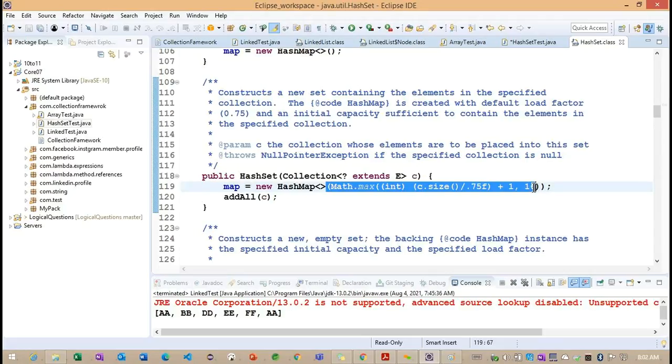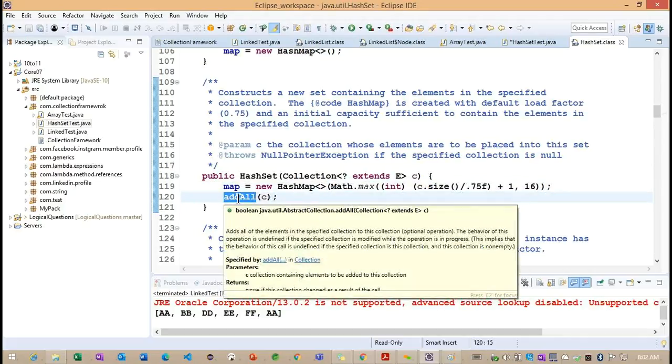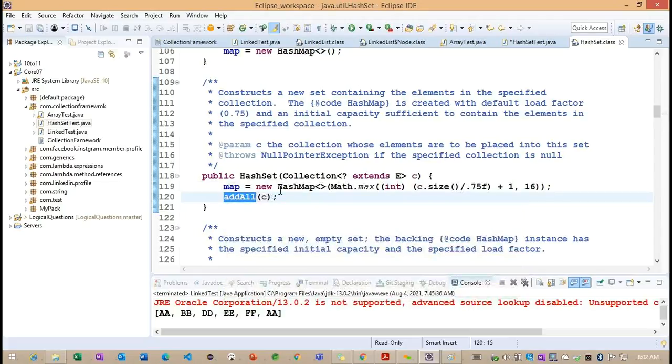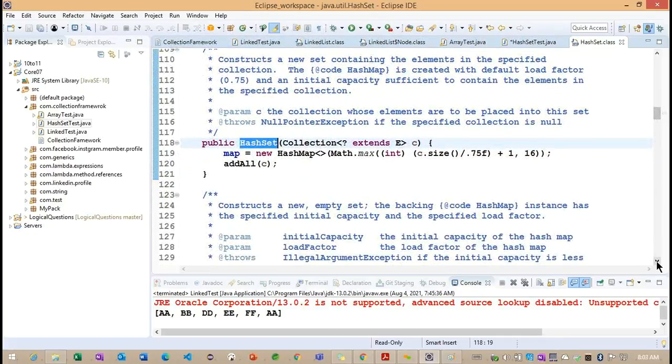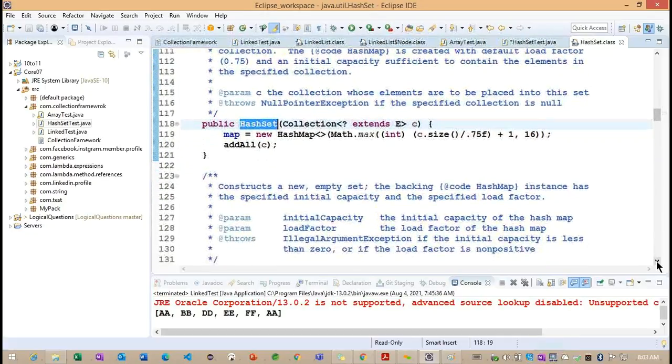Getting the point? We are implementing the ratio so that the objects are copied into the hash map, and finally we are calling the method called addAll. So this is the second constructor, which is expecting a collection as a parameter.